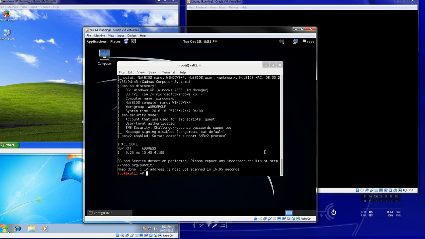If the port is closed, we still do the same thing. We send a SYN-ACK to the zombie. But the target is going to send a reset to the zombie because the port is closed. Well, the zombie doesn't want a reset. It doesn't have to respond to it. It just throws it away. So its ID doesn't go up. When we probe the ID, we're going to see it's only gone up by 1 because we did that, which